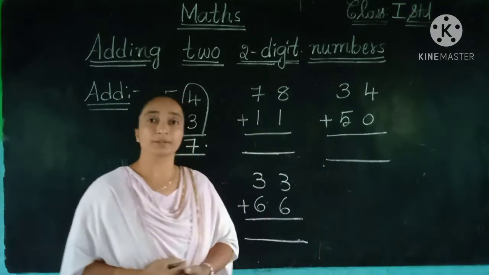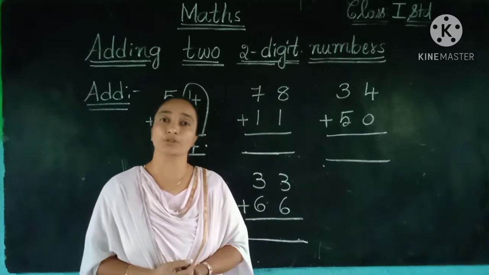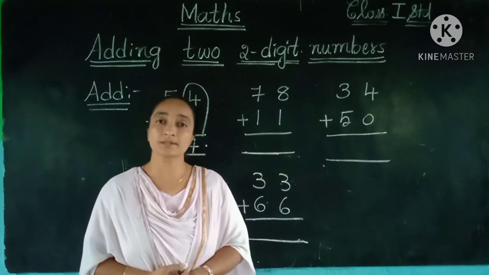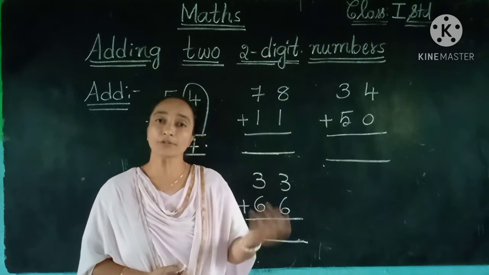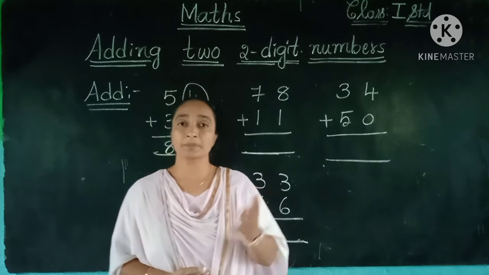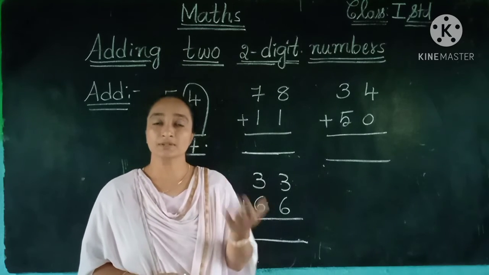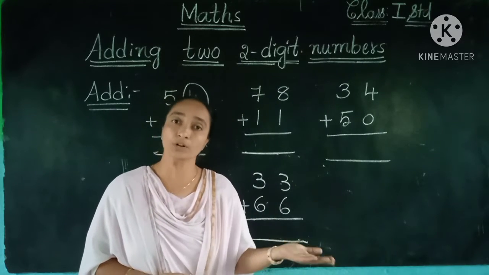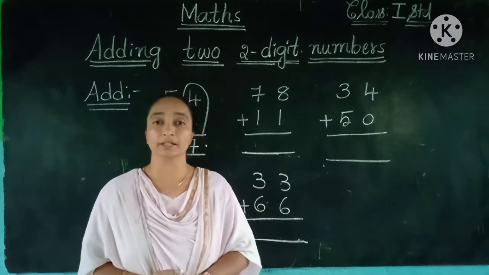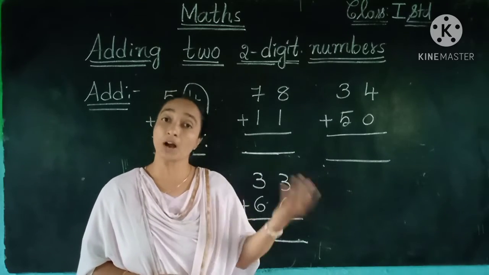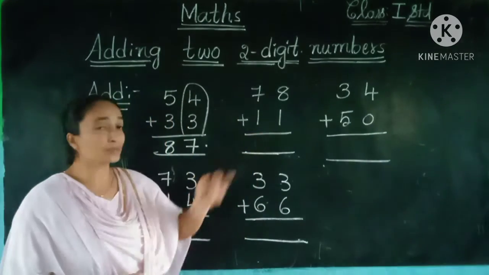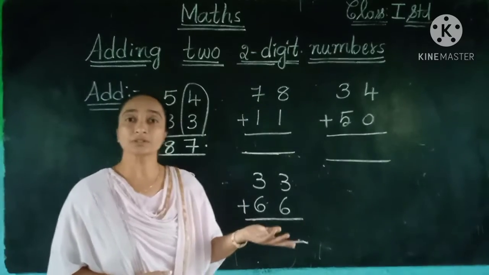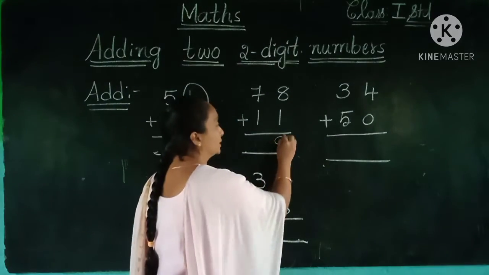Now 8 plus 1. So here we don't need to take the finger at all. If we are adding 1, it means the number after the big number will be the answer. In subtraction, if you do minus 1, the answer will be the number before. While in addition, the number after will come. For example, 8 plus 1. 8, after that 9. So here no need to take the finger, children.